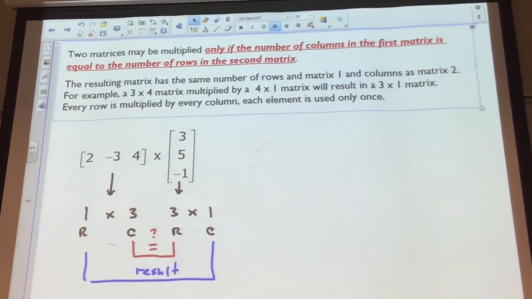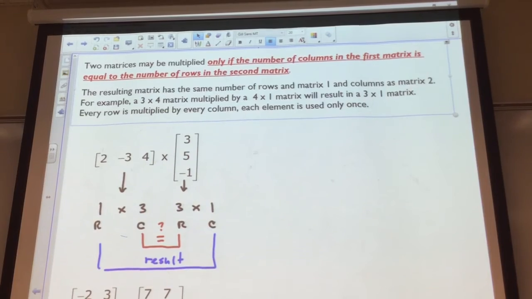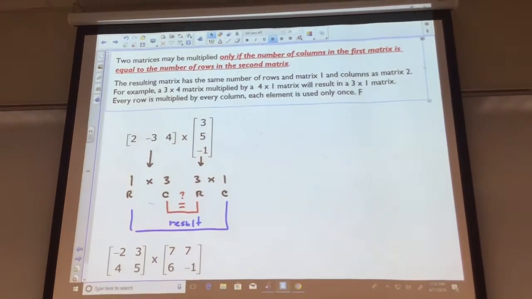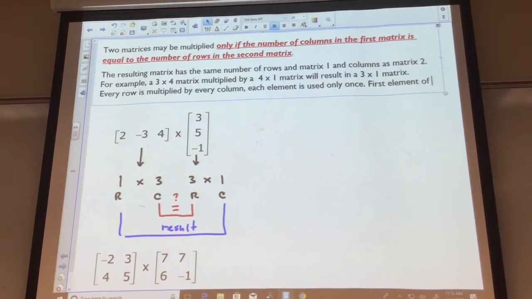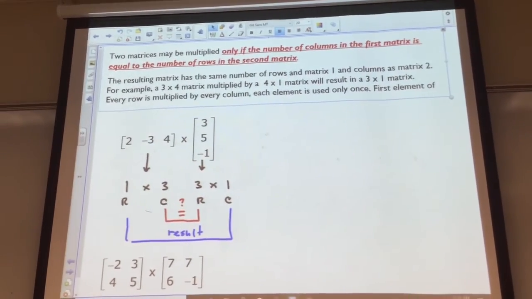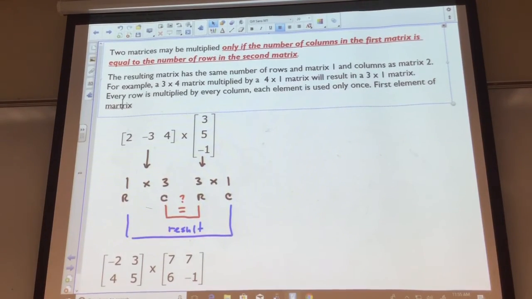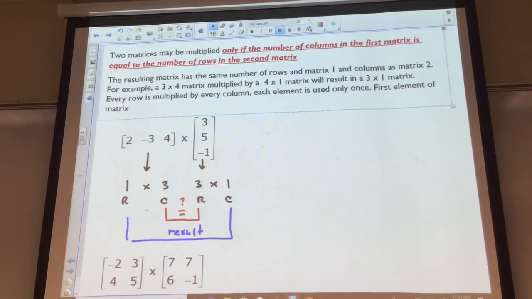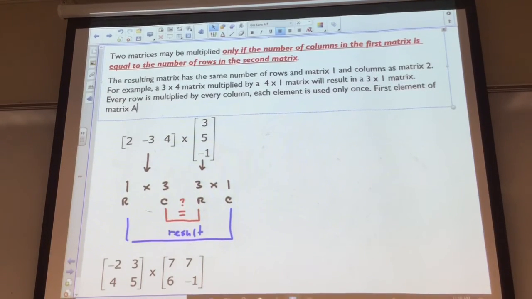So what that means is, I'm going to use matrix A and matrix B as my matrices out here. It's easier to keep track: first and second. First elements of matrix A